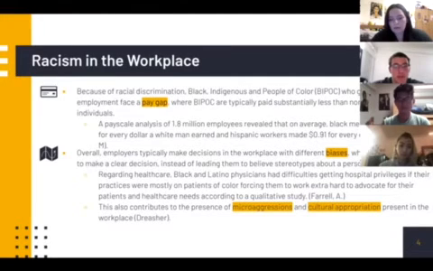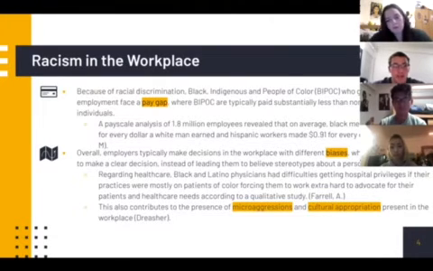This also contributes to the presence of microaggressions and cultural appropriation that's present in the workplace. Microaggressions, as previously stated, are derogatory behavior toward a minoritized person that may be intentional or unintentional. Microaggressions are pretty much the stings and barbs in regular conversation, and it's usually seen as mixing up names of people with the same race, singling out employees by race, associating status or competency with race, and like I said